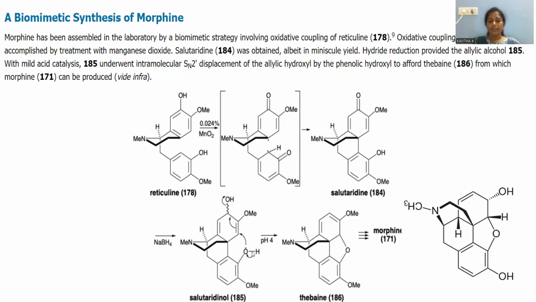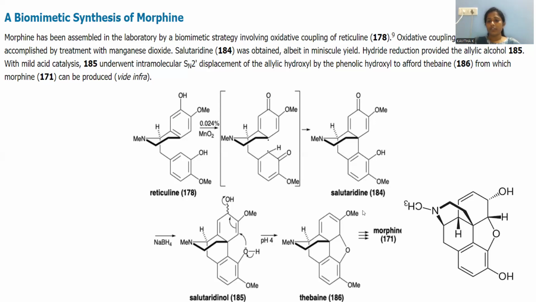Whenever it is obtained, a ring closure reaction is carried out. How can we apply ring closure? The lone pair of electrons is going to close the ring over here, this double bond is shifting, and the hydroxyl will be eliminated. Finally, we dehydrate the molecule and get the cyclization reaction as well. So this is the molecule called thebaine. Thebaine itself finds some medical applications as well. And by converting thebaine into morphine, we get our target molecule, morphine.